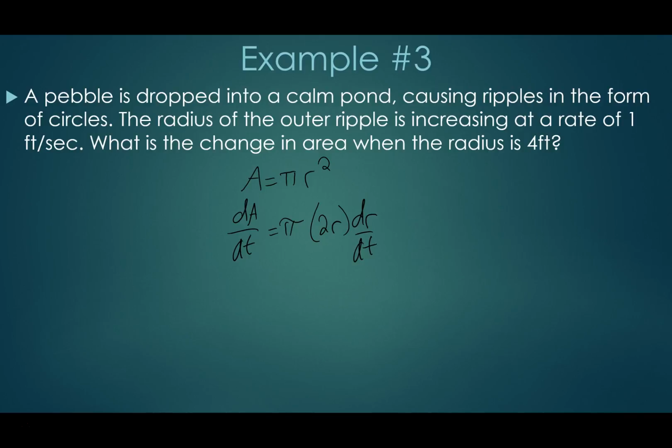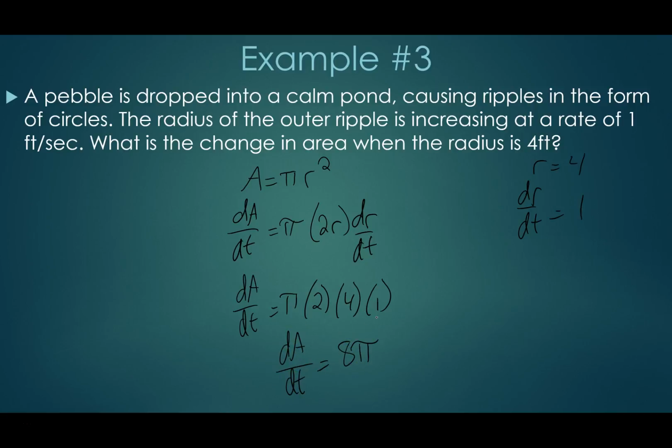So now I have everything I need. I want to find dA dt, so that's the unknown. Radius is given as 4. And the radius is increasing at a rate of 1 foot per second, so dr dt is 1. So dA dt equals pi times 2 times 4 times 1, which means the change in the area is